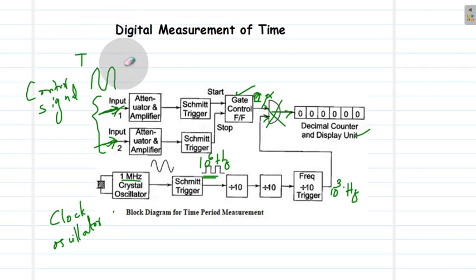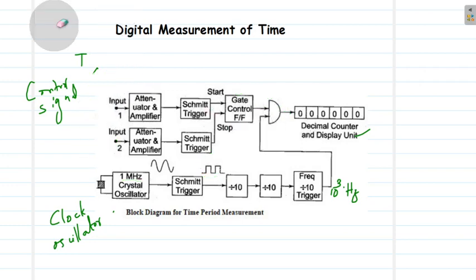So the time period between these two feedings at input 1 and input 2 will be measured as the count here, because during that time period alone the gate was open, and that will be proportional to the number of pulses that are able to pass through. So this is the basic mechanism of time period measurement. Here the time period between feeding of inputs at point 1 and point 2 is being measured.